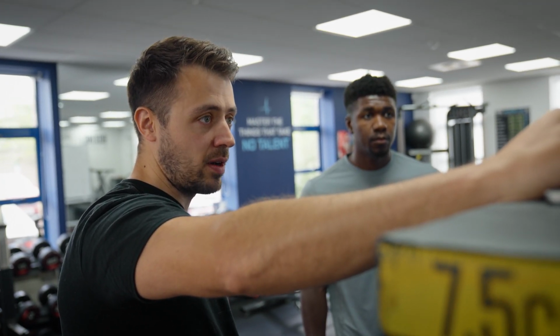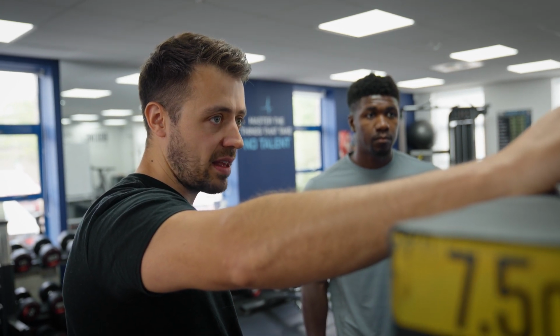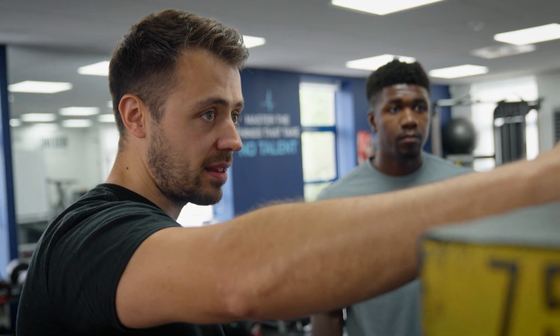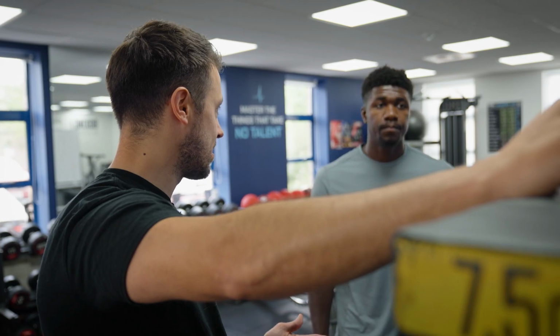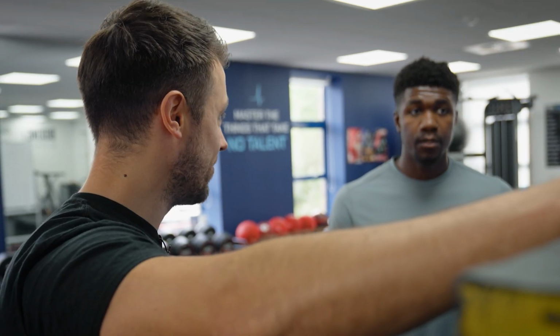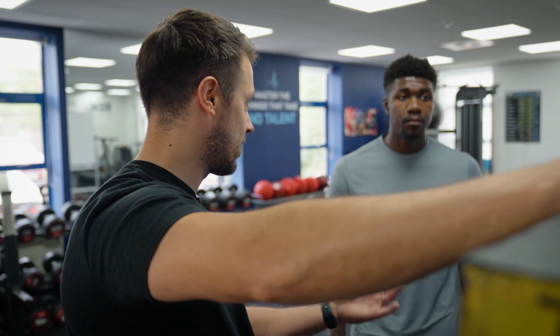So your rate of force development on your right hand side is 75%, and on your left-hand side is 80%, which is excellent. We've come a long way from when you first started. Think about all the rotational exercises that we were doing. You struggled with it quite a bit. Yeah. Now let's keep working on this, because obviously we're having a good effect, and that's having transferred towards your